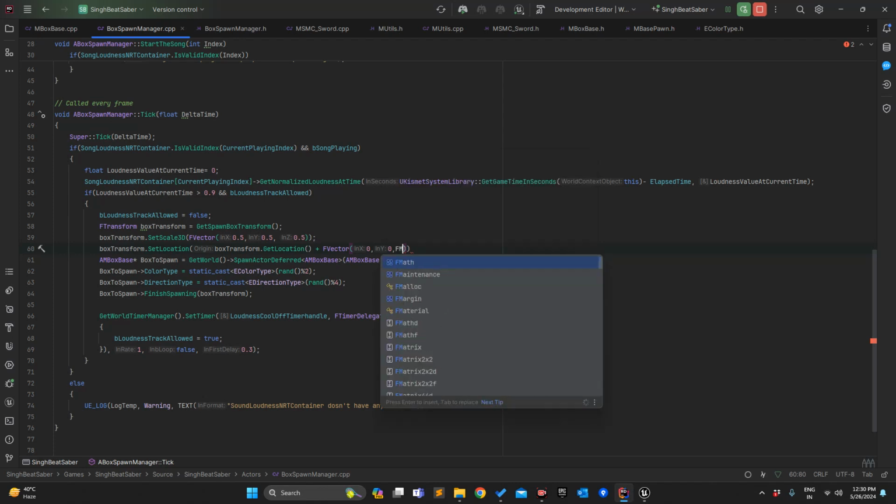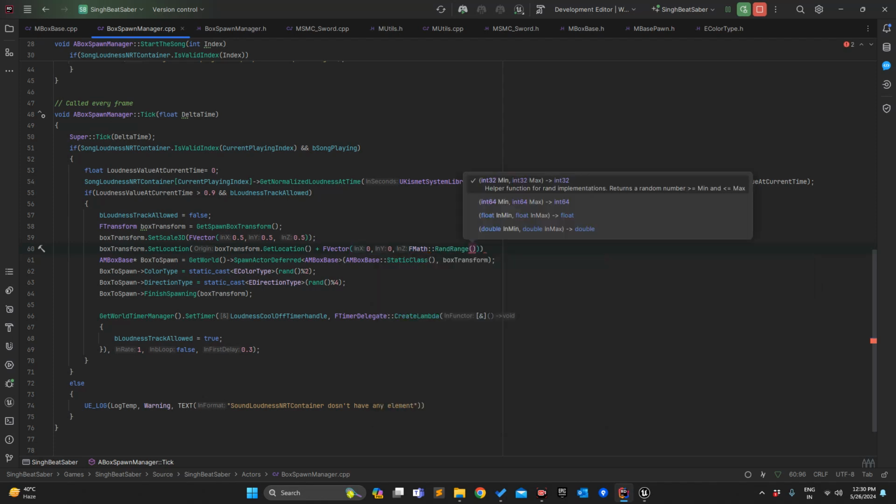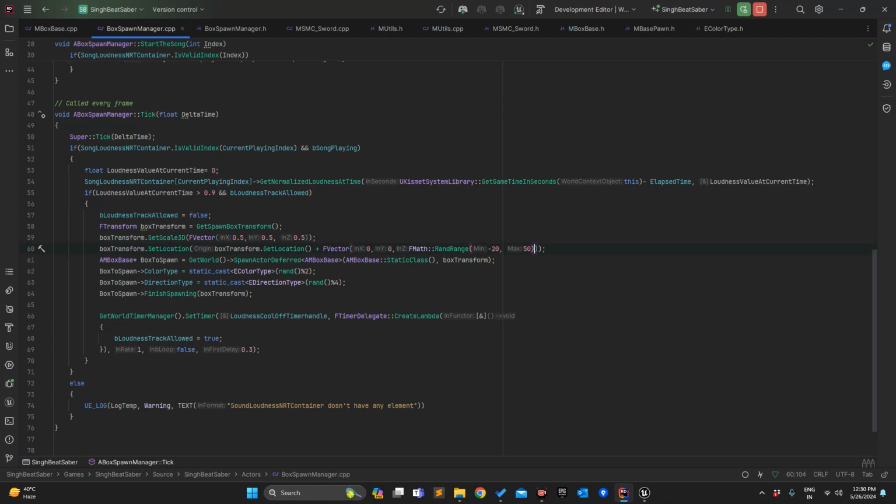So F math random, we can use this and we can also put some range if you want. So I want 0 comma 50, so it will have some ziggly effect, or you can also do like minus 25 to 50. So minus 20 to 20 is also good, so it will have a little bit of variation on the